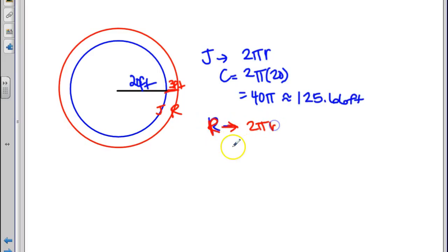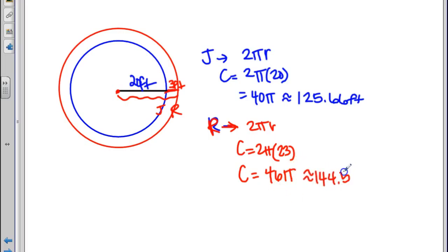And then Rajesh, let me change my color to red here for him. 2 pi times the radius is the circumference. So 2 pi. Now the red circle, here's the center. The red circle goes all the way to here. So its radius is 23. So the circumference is 46 pi. So 46 times pi, and we'll approximate that, 144.51. And now we'll subtract Jasmine's. So subtract 125.66. And Rajesh has to walk about